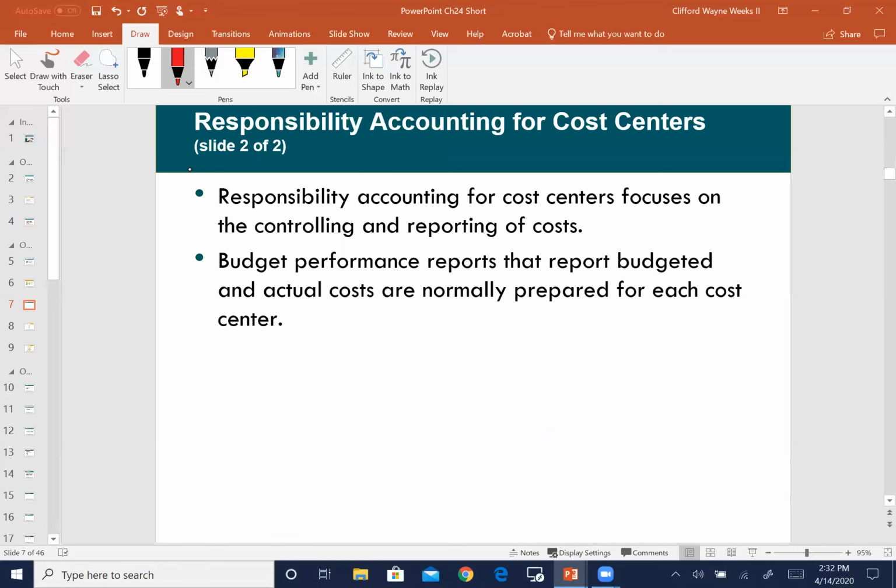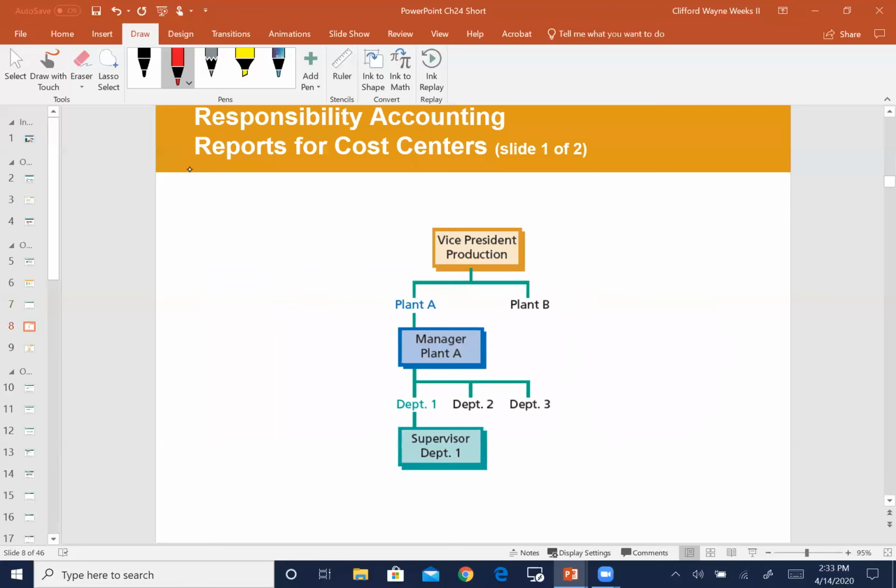And so the last couple chapters, we've been preparing a budget. In the last chapter, we looked at variances, or how did we do when we compared what actually happened to our budgets. And so budget performance reports are just that. They're really looking at the difference between what was budgeted and what actually happened. And so we're going to have different variances to identify those. And so here's an example of a cost center for the production department.